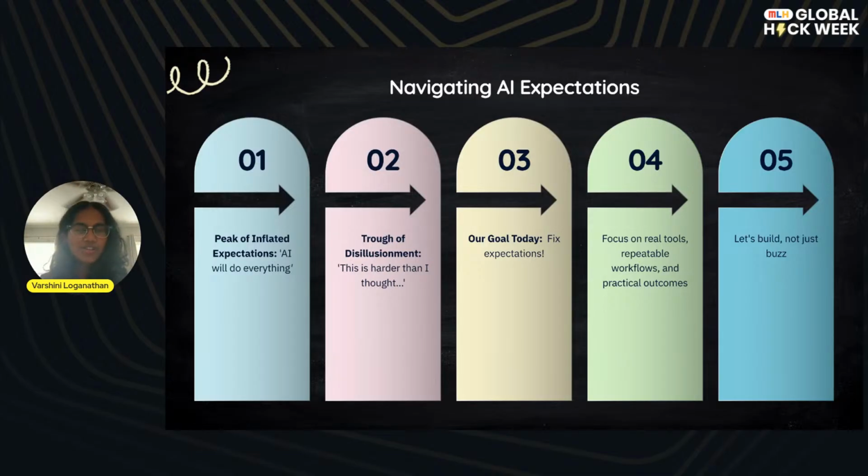And this is often followed by the trough of disillusionment, where people are like, oh, this is a little bit harder than it looks. People are saying you can use AI for everything, but then you realize you actually can't because it has hallucinations. There's a little bit of a high barrier to entry, and it's a little bit difficult to learn. So we're going to skip all of that. We're not going to go to the inflated expectations. We're not going to go to the